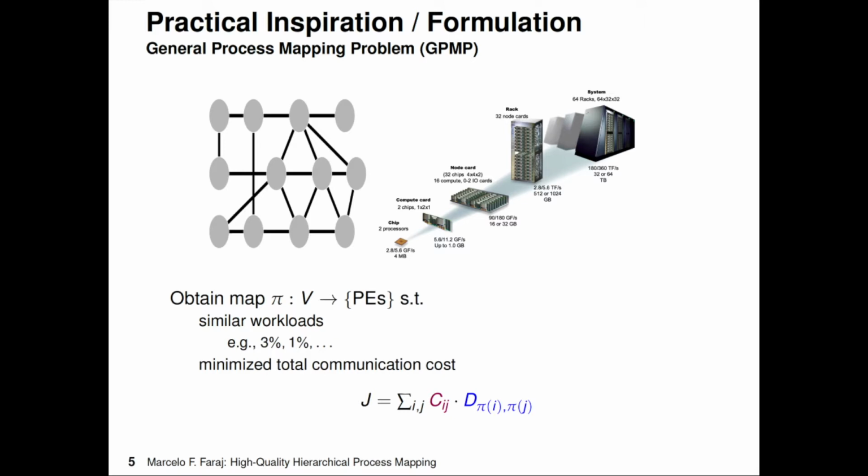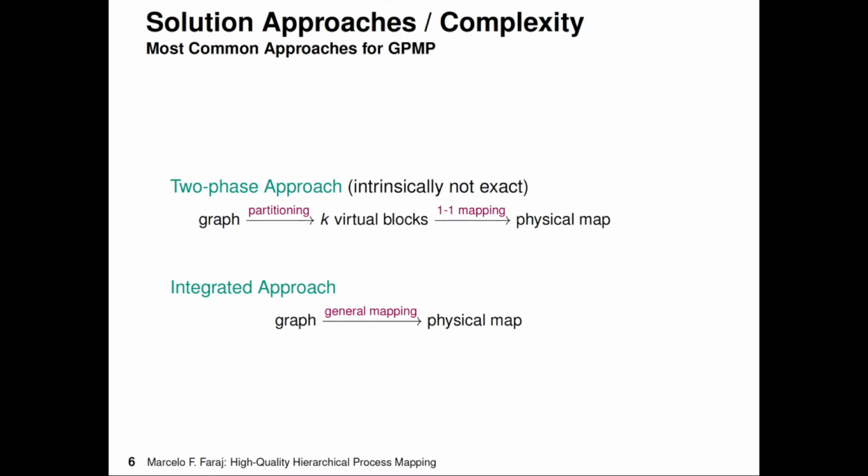have to do this mapping in order to minimize a function which we call the total communication cost, defined as J. J consists of the total communication between two processing elements multiplied by the distance between these processing elements. Now let's go into the solution approaches. The most common solution approaches for the general process mapping problem are